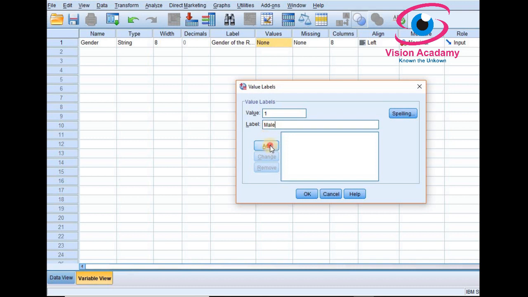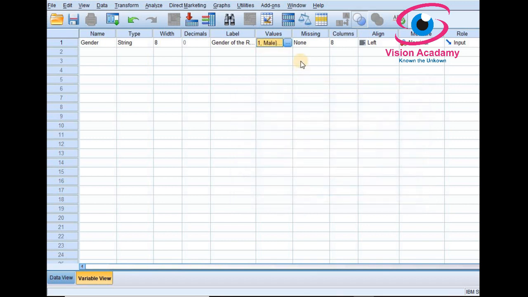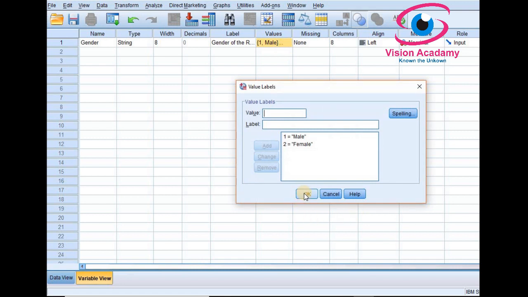After entering, I will add this to the value, and the second one I will give as the second option, that is female. After this I will add as many options as you have given in the questionnaire. You should enter them here. One more thing you should keep in mind: you can change these values, or else you can remove them also. Now I have added two values, I will add. Okay, it will appear like this, it is added already.